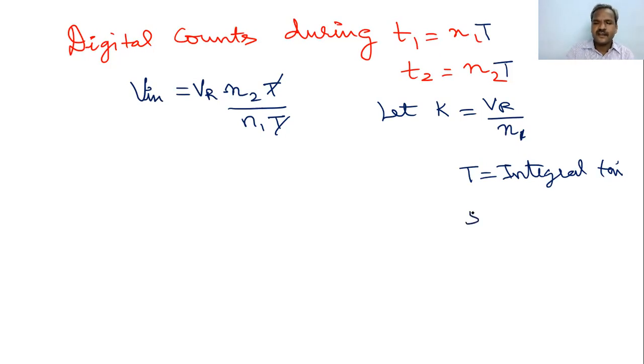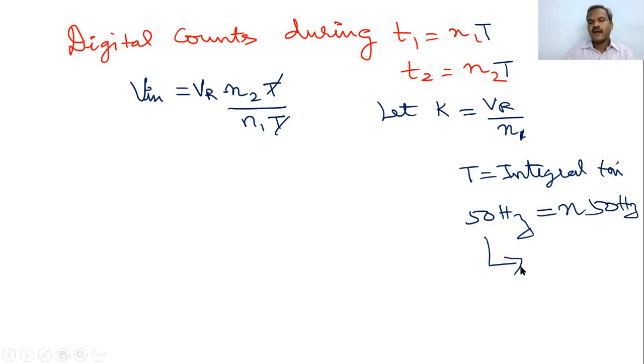Suppose we use a 50 hertz power supply, the oscillator frequency is an integral multiple of 50 hertz. So either 50 hertz, 100 hertz, or 1 kilohertz, 10 kilohertz, like that. We normally choose the oscillator frequency for 50 hertz immunity as 48 kilohertz or 50 kilohertz, like that. We normally choose high frequency oscillators. Understand?